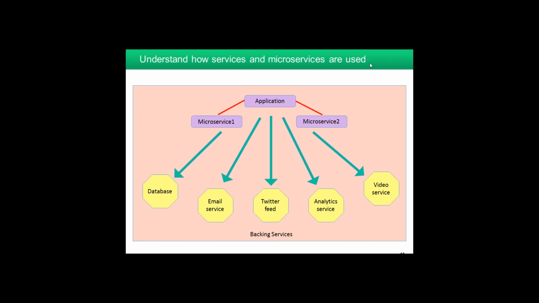Okay, so we talked a little bit earlier of using services and indeed microservices. Now this is one of the ways of architecting an application that's encouraged by typical platforms of service offerings. Start at the top with the application. The idea of microservices is to divide down your application into a series of separate processes called microservices, which can be deployed and operated independently of each other. So in the example in the diagram here, we've got an application which has been broken into three, the main application and microservice 1, microservice 2.